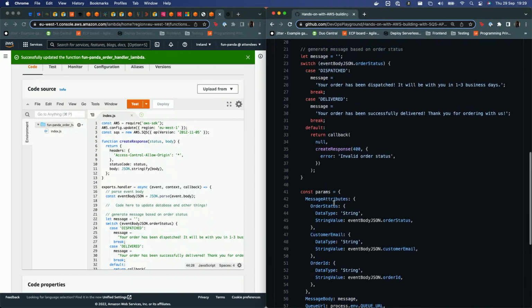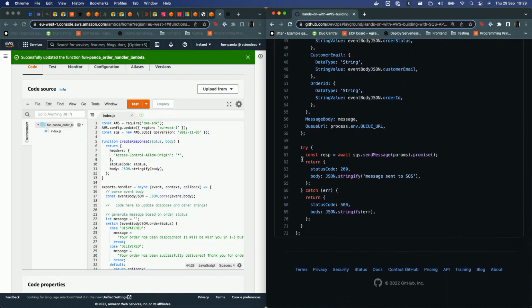And if you've noticed, inside on line 57, we've got a queue URL. So this is the queue URL I made you guys set as your environment variable. So this Lambda will read from that environment variable and it'll know the queue URL. So if you haven't set that queue URL in your environment variable, this Lambda won't work. It won't push any messages into the queue. So now that we got that working, and you've deployed this code on this Lambda, we can go back to